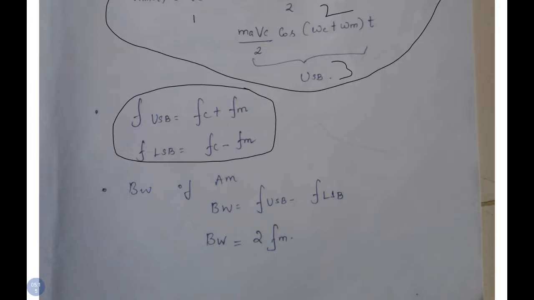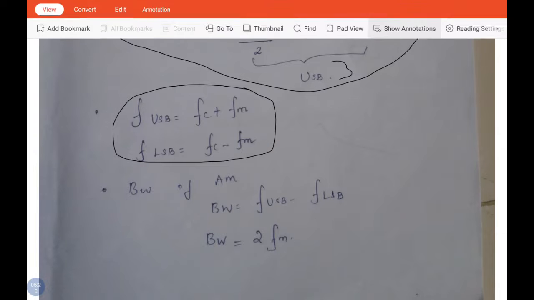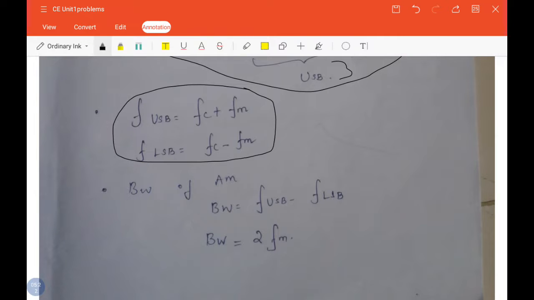And then the next term comes with the bandwidth. So the bandwidth of an AM signal can be calculated as bandwidth equal to the difference of upper sideband minus lower sideband frequency, or otherwise it can be calculated as twice FM, that is 2 into FM, the modulating frequency. So these are all simple calculation questions. Definitely you may expect some analytical type of questions this way. So you need to remember these simple expressions, that's all.